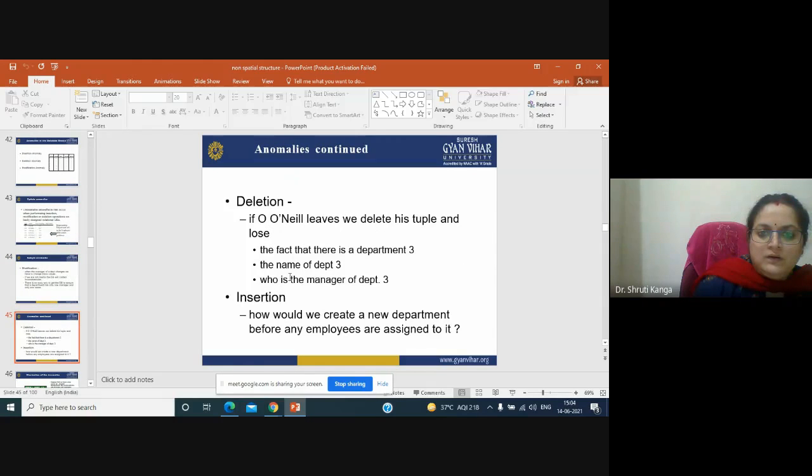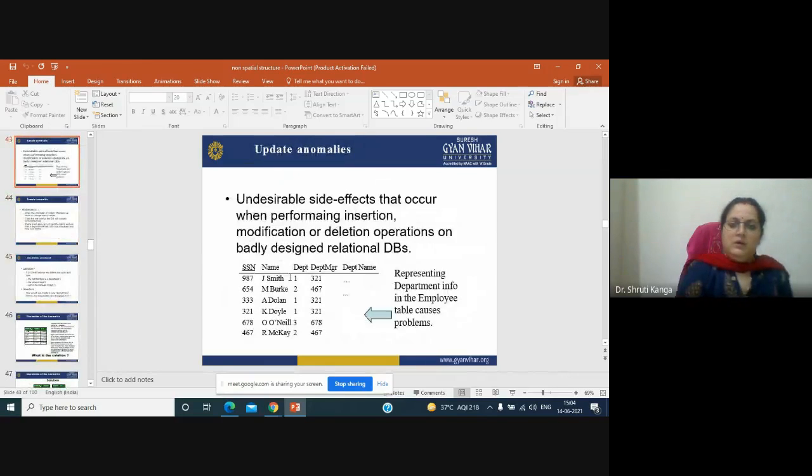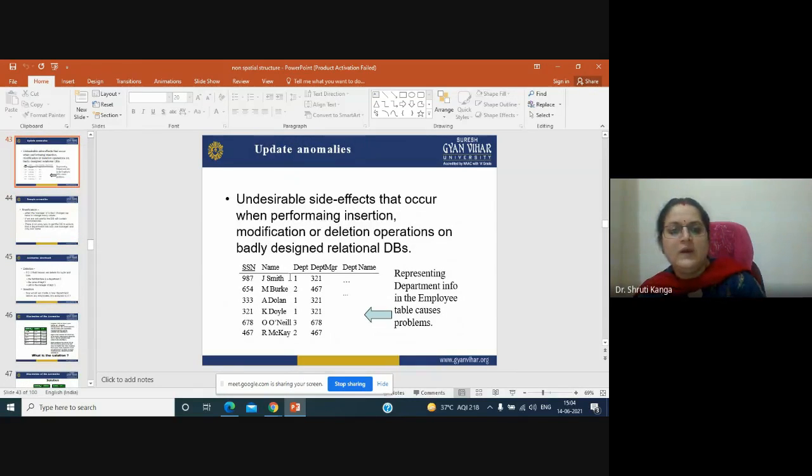Updation anomalies are undesired side effects that occur when performing insertion, modification, or deletion operations on a badly designed relational database.